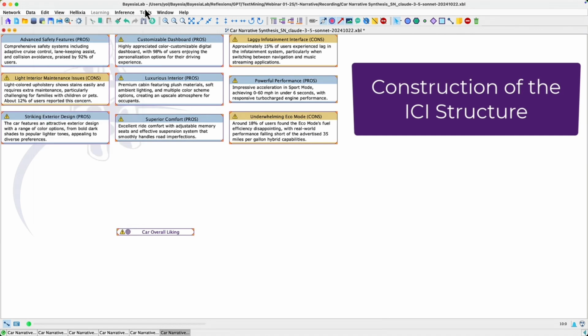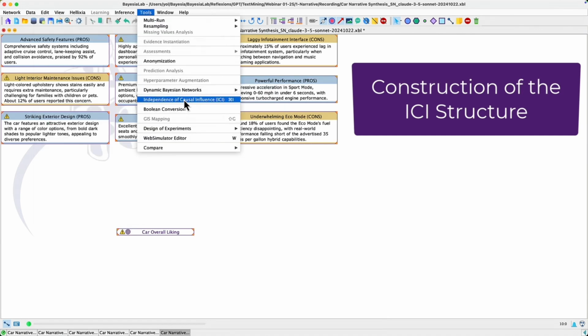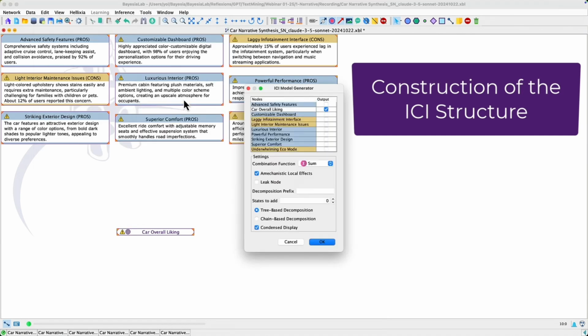For that, we select all nodes, we go to tools, independence of causal influence. Then we have this wizard. I'm not going to describe what these ICI models are, as it would take lots of time, but real quick, we have this input. We are assuming that they have an independent causal effect. So we have to define in this wizard what is the output node. So this is our target here.